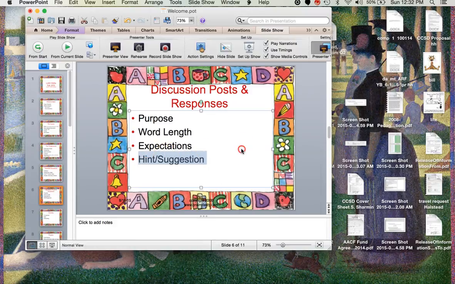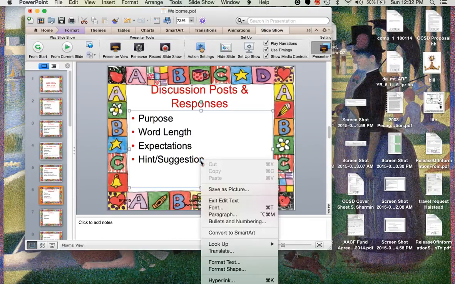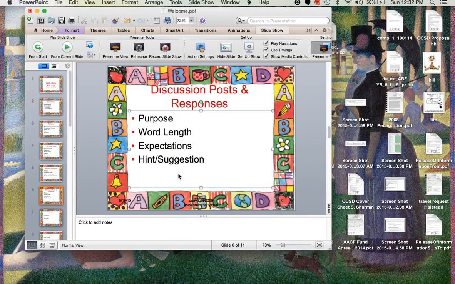And then my hint and suggestion, if you know me, you know that this is really important. Please craft your discussion posts and responses in a word processing document and then cut and paste them into the discussion post. The discussion post does not save as you go. You can occasionally click save and it will disappear. It's technology.